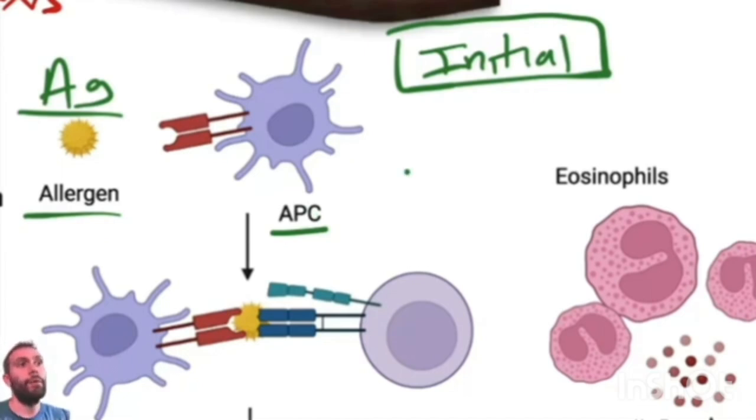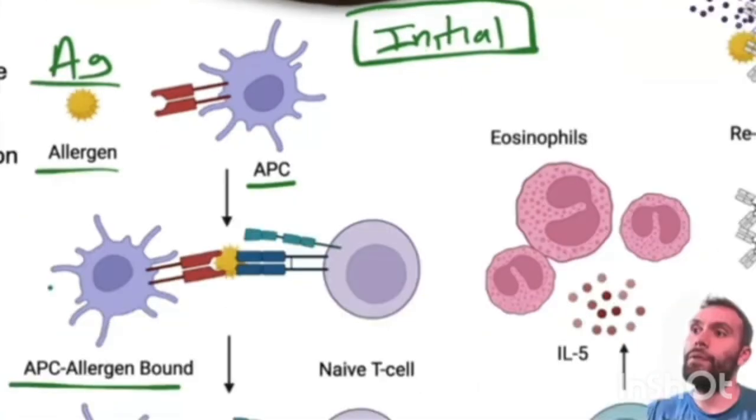In any case, we have an antigen presenting cell. It's going to recognize this allergen and it's going to bind it, right? So it's going to bind it. It's the unique fit on its receptor to bind this allergen. This antigen presenting cell is then going to go on to bind to some naive T cells and say, hey, look what I found. And remember, this T cell receptor is going to be complementary in terms of its binding